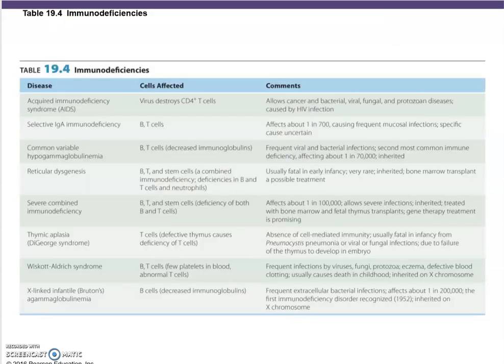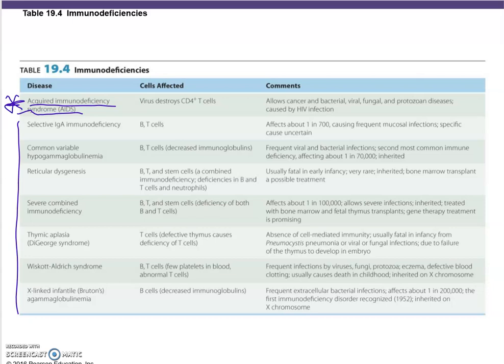Here's a list of immunodeficiency diseases, and pretty much none of the ones on this list except one will you ever have heard about. So, of course, everybody knows about HIV infection that leads to the disease AIDS, acquired immunodeficiency syndrome. All the other ones you probably have never heard of and probably will never hear of them. And so because of that, we are going to be spending all our time, the remainder of this lecture, on